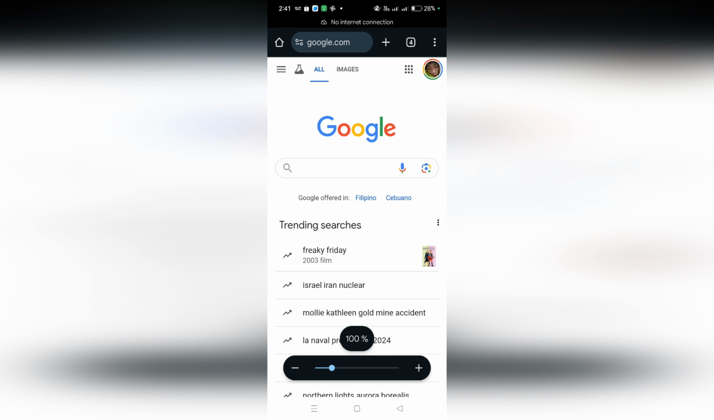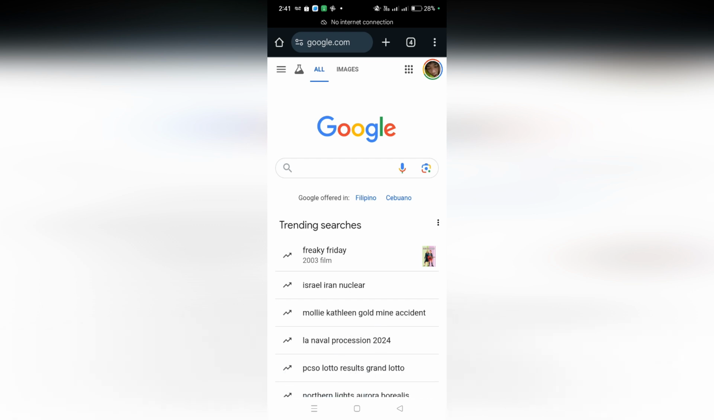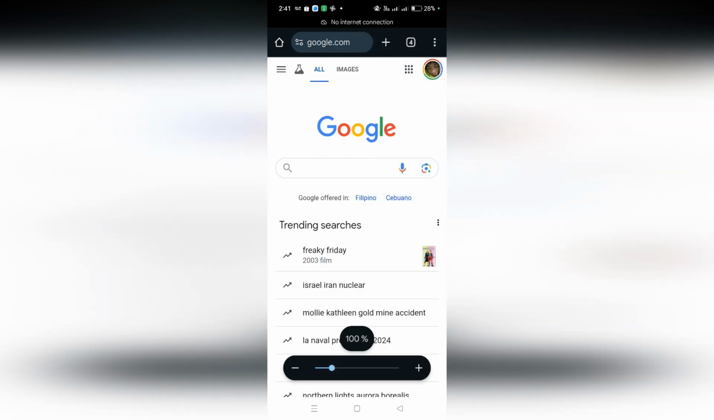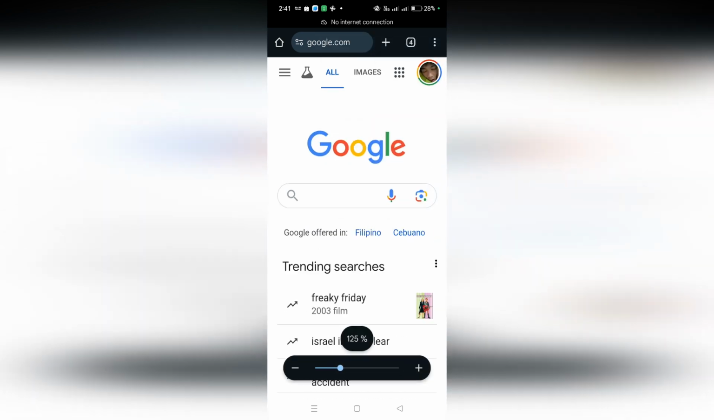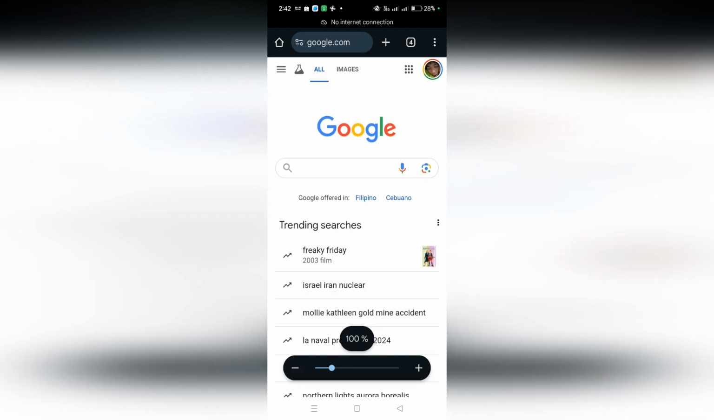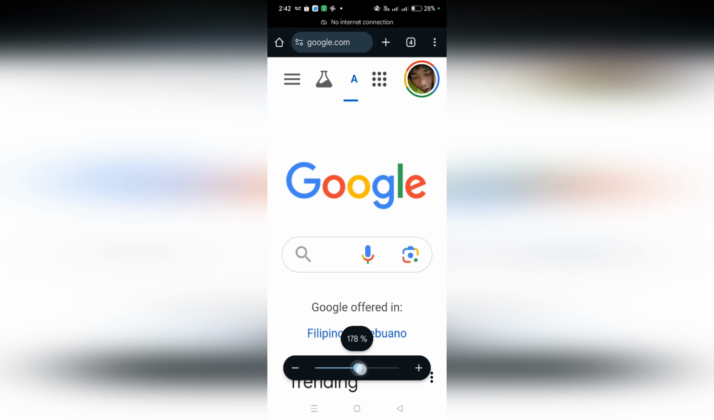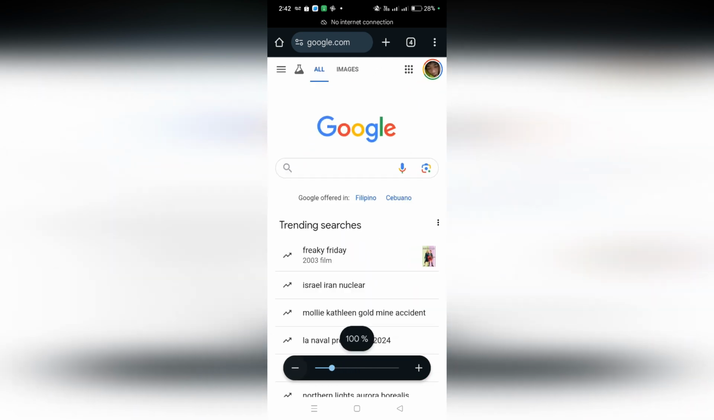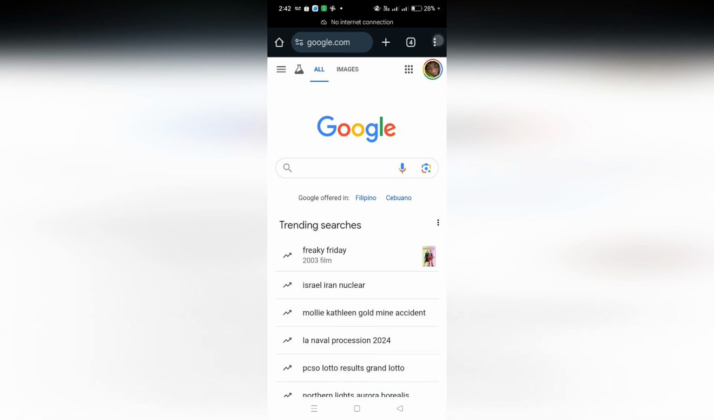And once you click the plus sign, it will zoom. And once you click the minus sign, it will zoom out. Or you can either drag it up or drag it down. So there you go. And another way to zoom in and zoom out of Chrome is by clicking the settings